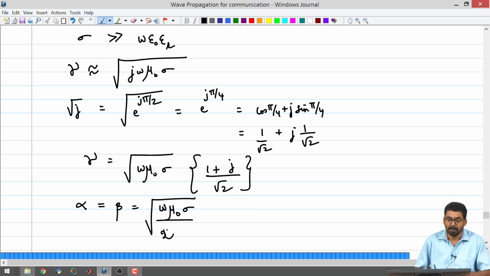So if you make some simplifications, in this case we said first mu r is equal to 1. Then we said that if sigma is much greater than omega epsilon naught epsilon r, then you can start cutting terms, and the expression for alpha and beta becomes much simpler, and then you can make some reasonable deductions. You can take one parameter at a time, increase it and see the effect on alpha. Now it is clear that if I increase the value of omega, alpha will increase. If I increase the value of omega, beta will increase.